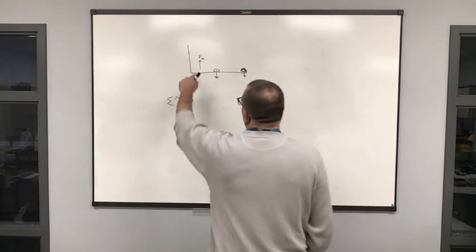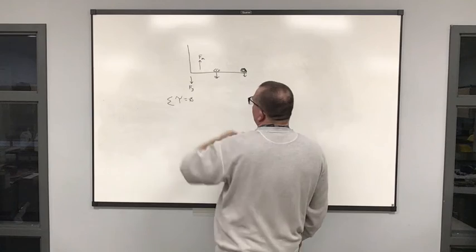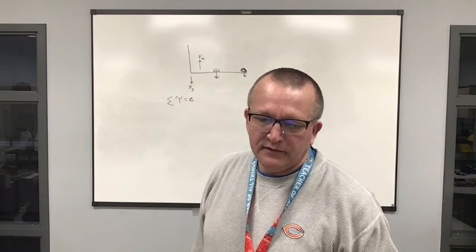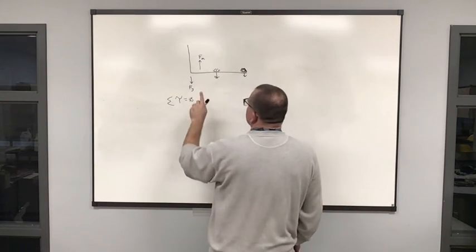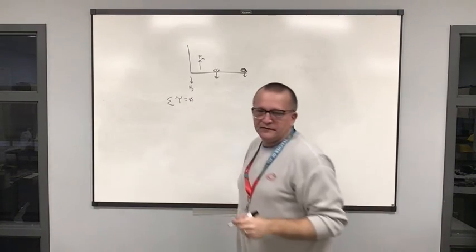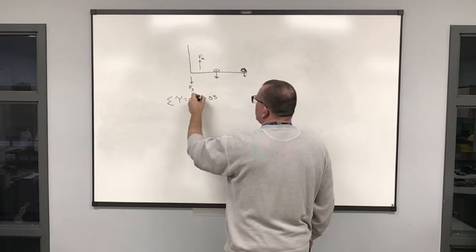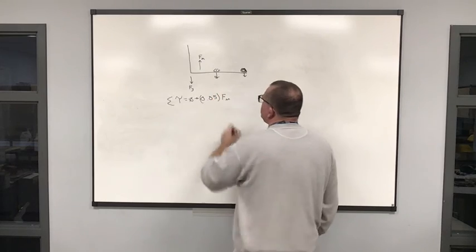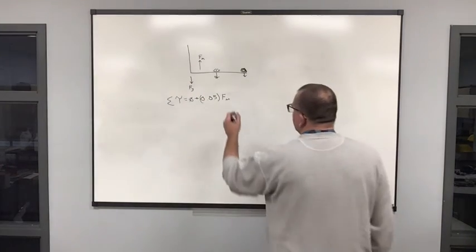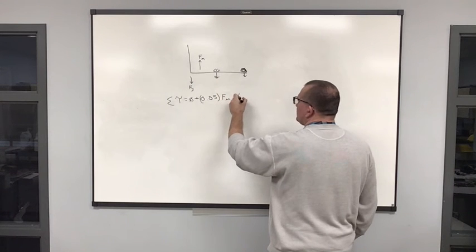So the distance from the force to the muscle is 5 centimeters. We got to convert that to meters. Since that's going up, we'll make that positive. So we got plus 0.05 times force on the muscle. Center of gravity is going down, so we'll make that negative. That is going to be 15 centimeters, so 0.15 meters, and it's going to be negative since it's going down, so minus 0.15 meters